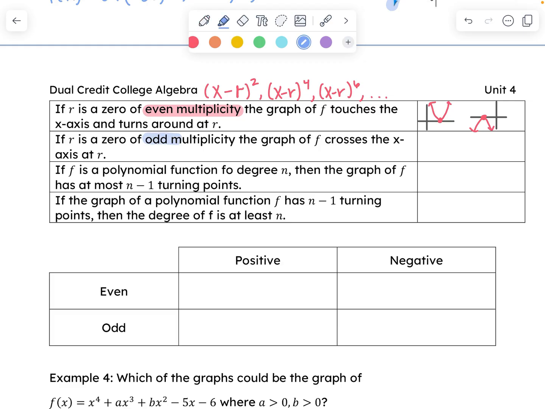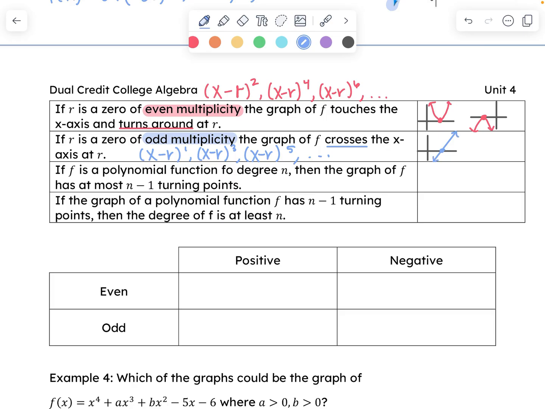If r is a zero of odd multiplicity, so now if I have x minus r to the first power, or x minus r to the third, x minus r to the fifth, it's an odd power, it's going to actually cross the axis. So instead of just turning around, it's going to go through the axis. So if you're looking at it, it could either go straight through,